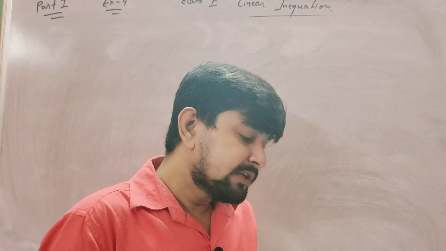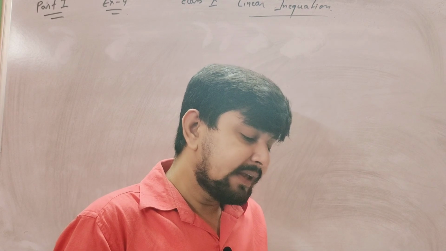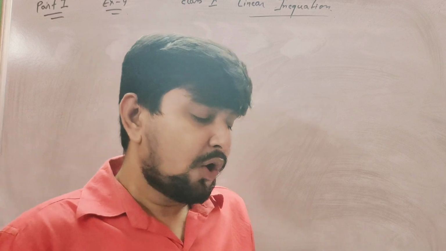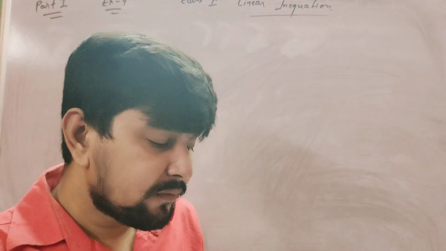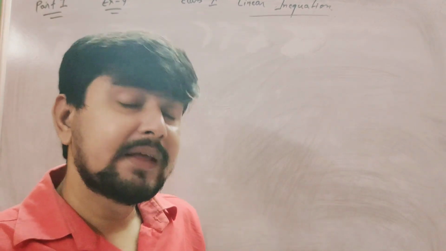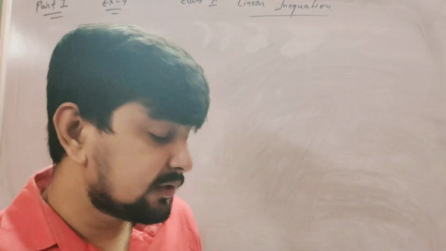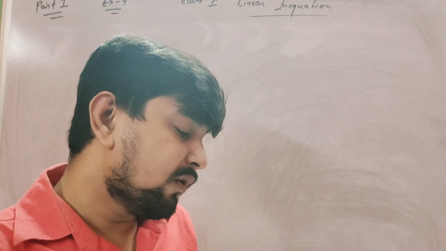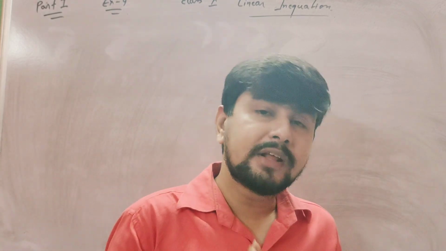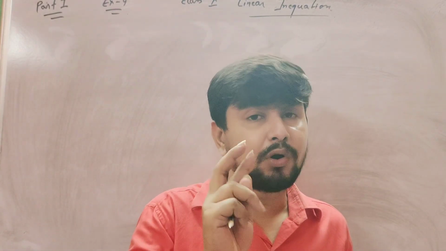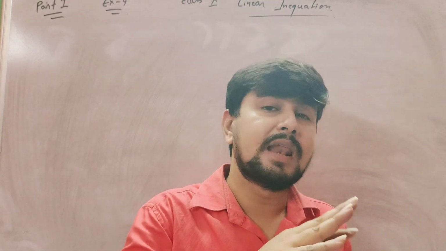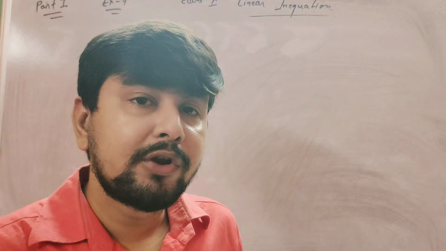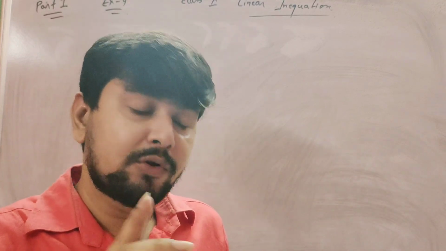Solving an inequation in one variable is much like solving an equation in one variable because most of the basic rules apply. Of course, there is no exception. For solving linear equations in one variable, there are some rules. Remember these rules. You can do anything to the following equation: add or subtract the same number or expression to both sides. That means whatever you do, you do on both sides, LHS and RHS, not only on a single side. Whatever you do, add or subtract, do it on both sides.